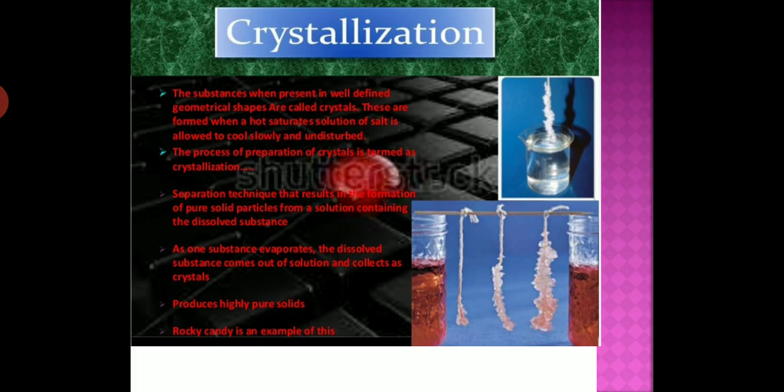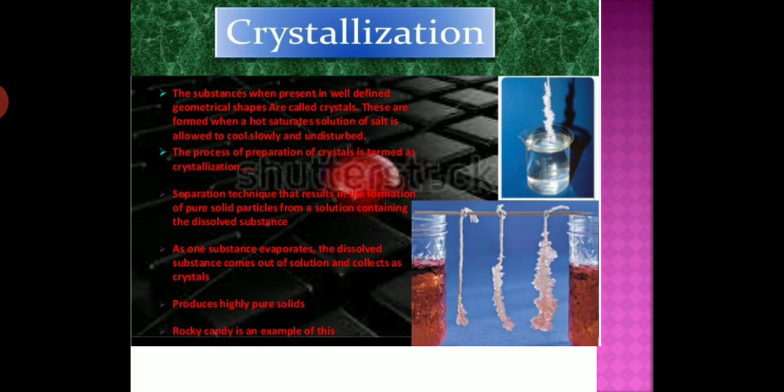So student, if you want to crystallize copper sulfate, how can you obtain pure copper sulfate from an impure sample? What will we do? Take approximately 5 gram of impure copper sulfate sample in a china dish and a beaker, and dissolve it in a minimum amount of water and filter the impurities out. Then evaporate water from the copper sulfate solution so as to get a saturated solution.